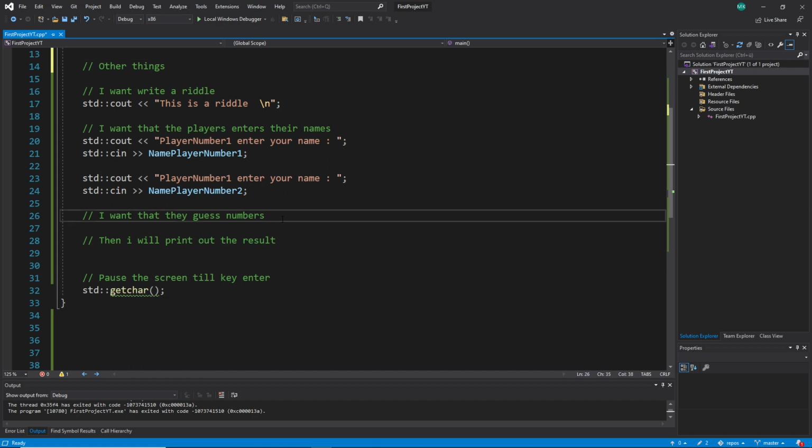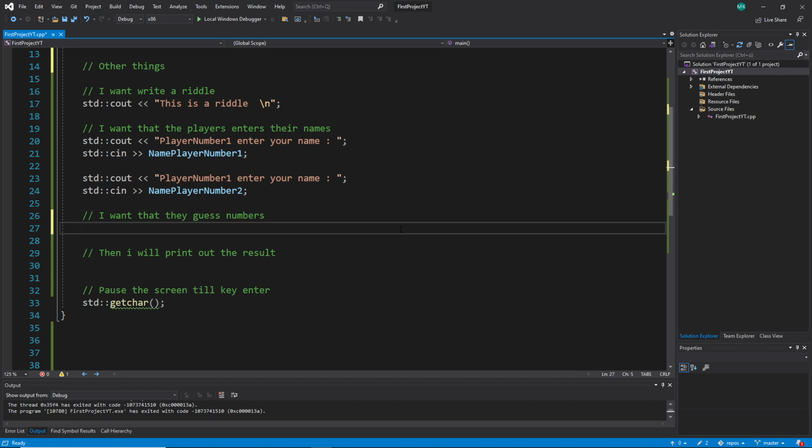So what we are going to do here is just, they should enter numbers. That's very important. The only irritating thing for you might be how I can associate this with this here. You don't have to. That's nice, because I will show what I mean with that. So let's write how we get numbers. I want that they guess numbers. So first of all, I start with, again, I print this out fast, copy this one. You can write it, but I don't want to waste too much time. Player number 1, enter your number, for example, like so, number, and then